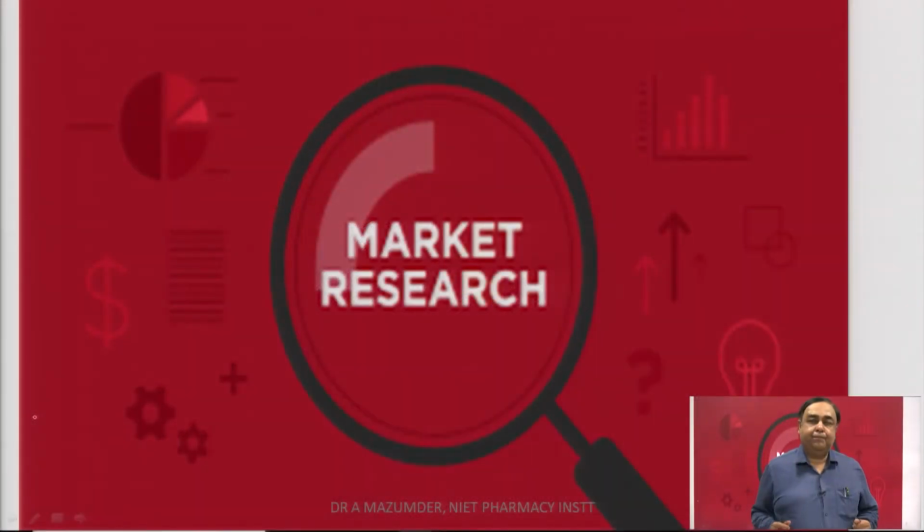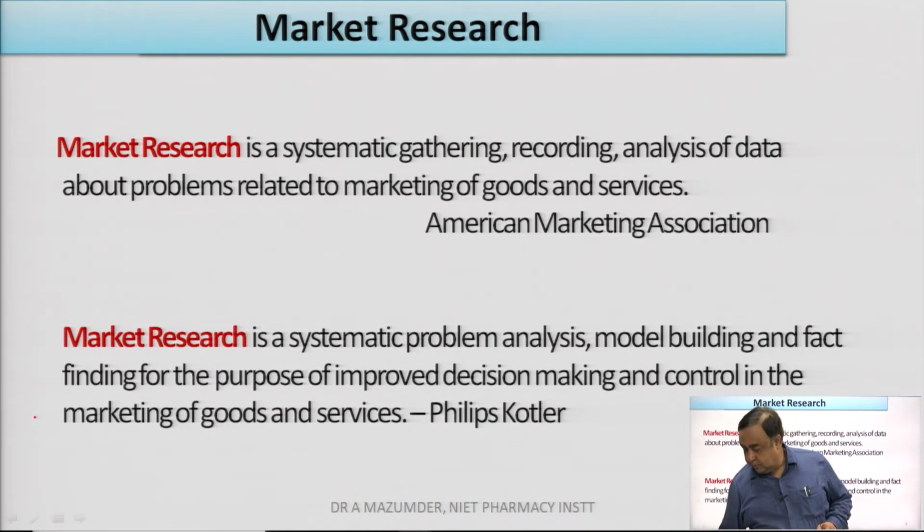Now, whenever we are talking of collection of data, the first and foremost thing which is coming up is what we are calling as market research. The term market research, that is, you are carrying out a complete survey research about a particular market, that is, in a layman's language, is what market research deals with.